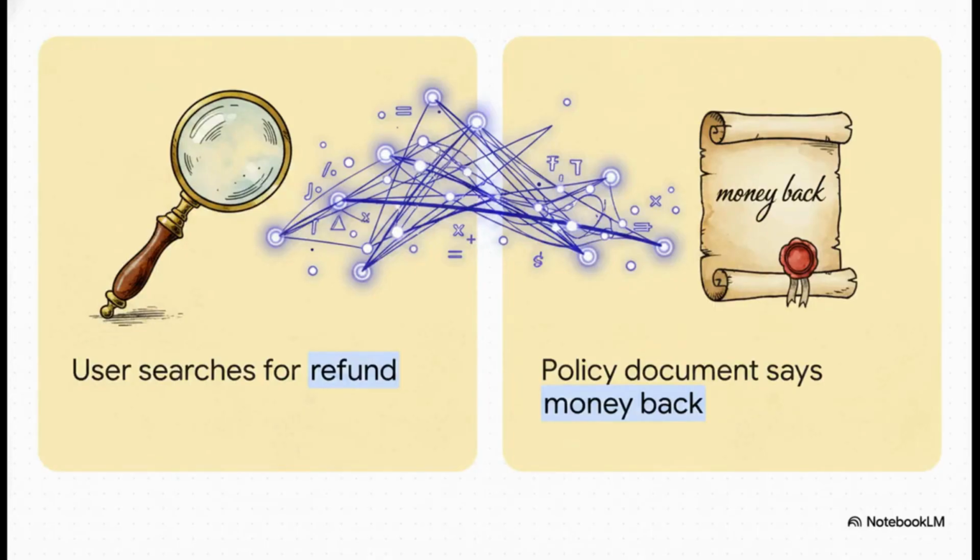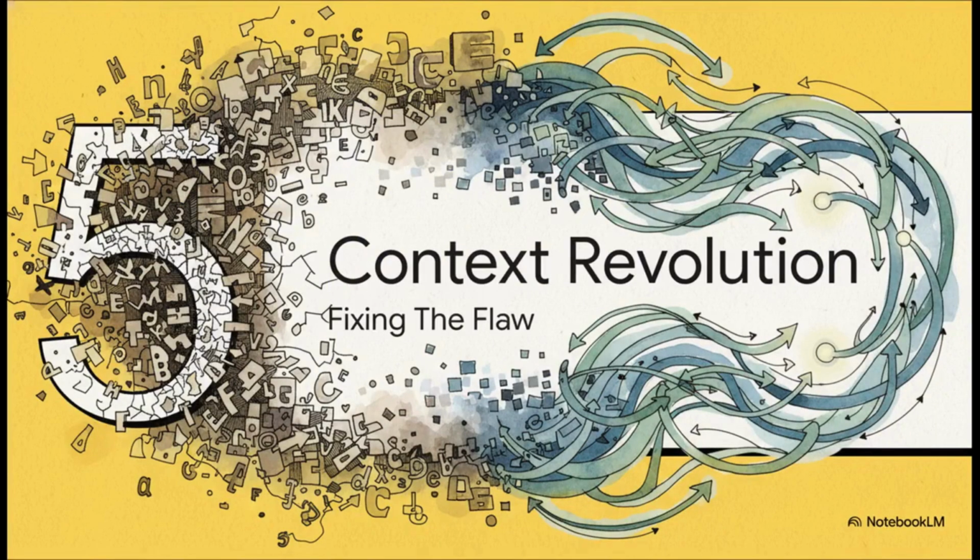To put that into perspective, let's think about a practical example, semantic search. Imagine you search a company's website for the word refund, but their policy document only ever says money back. An old-school keyword search engine would completely fail to find it. But because these phrases have similar meaning coordinates in our vector space, semantic search knows they match perfectly, even though the exact keywords are completely different. A real game changer. But of course, no system is perfect.